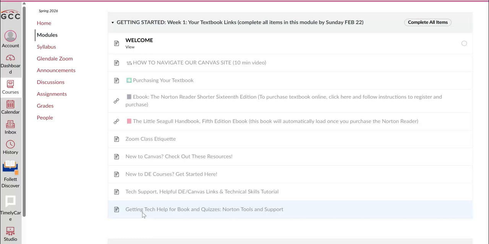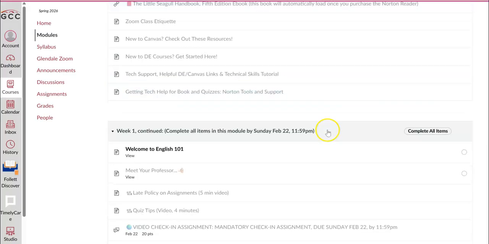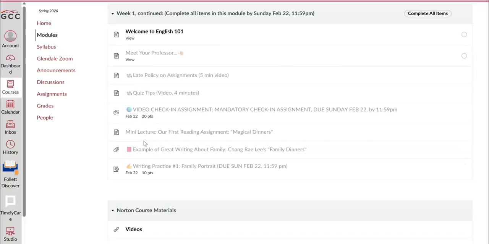new concept. So I'll always put the week number at the top and a little bit about what the point of that module is, and then I'll just have a reminder of, finish it by Sunday, February 22nd. This particular week 1 module actually has 2 separate boxes. So you'll notice that the top links are active links,